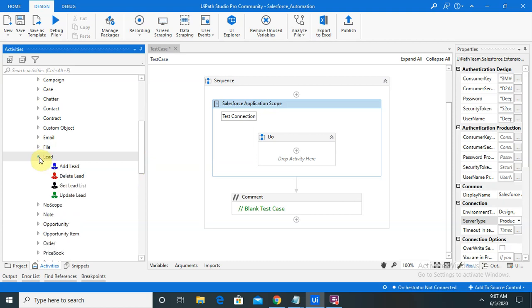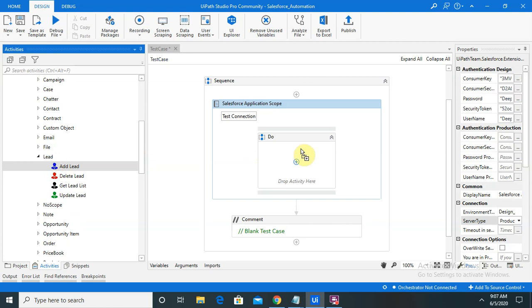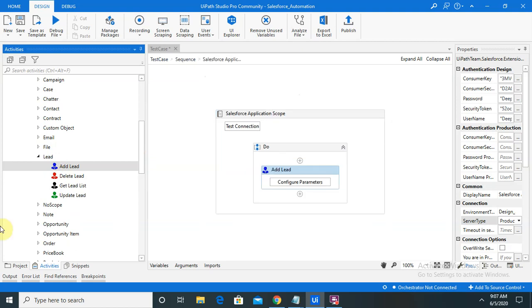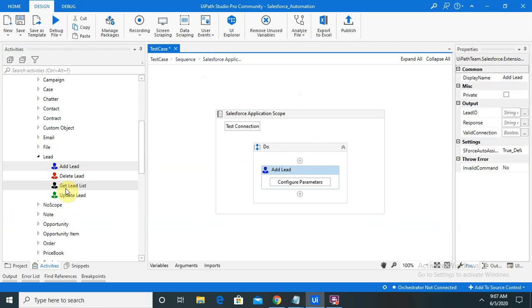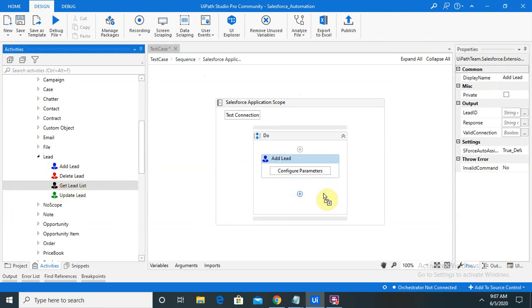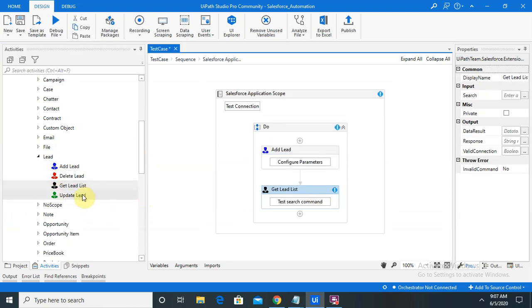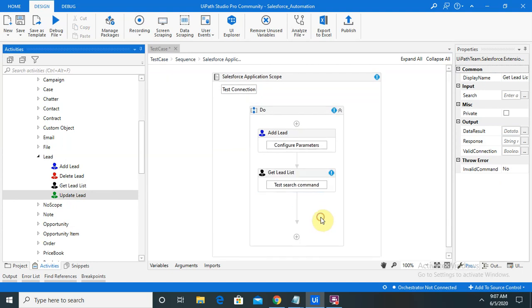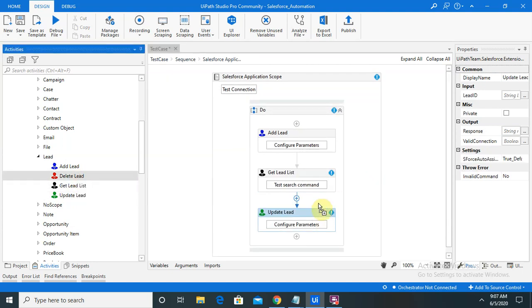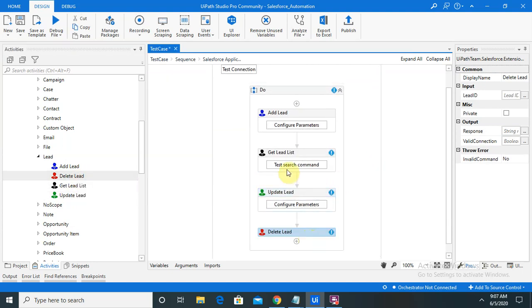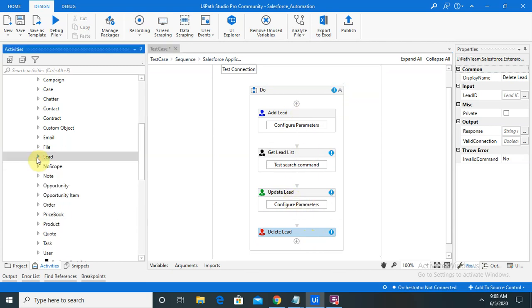Once you click on the lead, you're able to see add lead, get lead list, update lead and delete lead. These four activities will be used for adding, updating, and getting the list of leads from a Salesforce account.